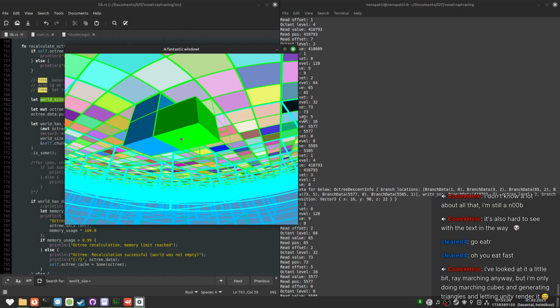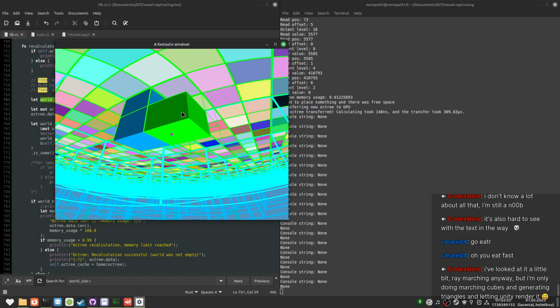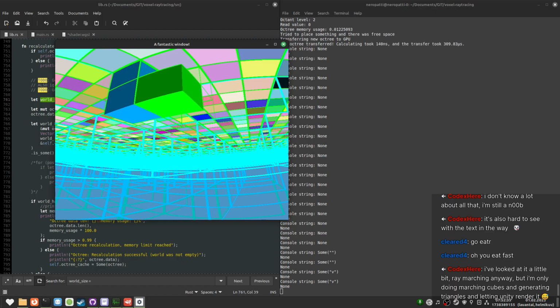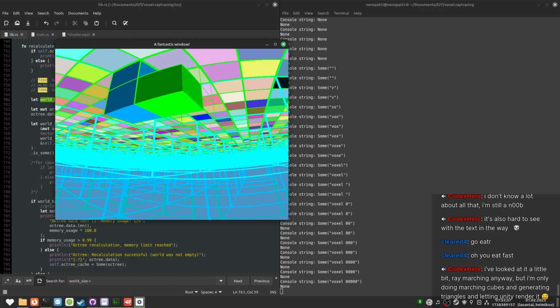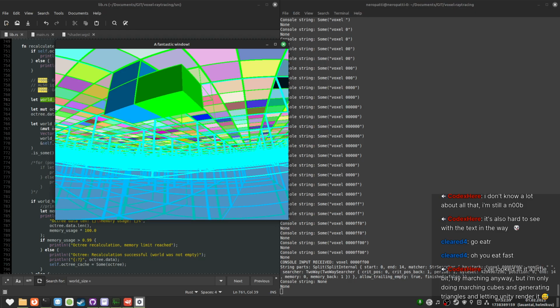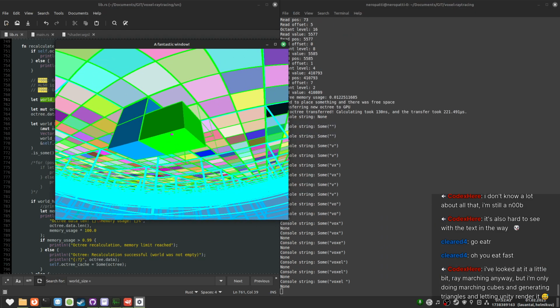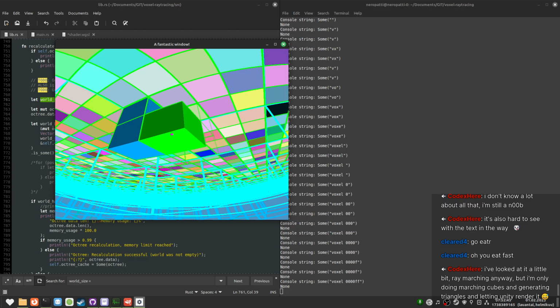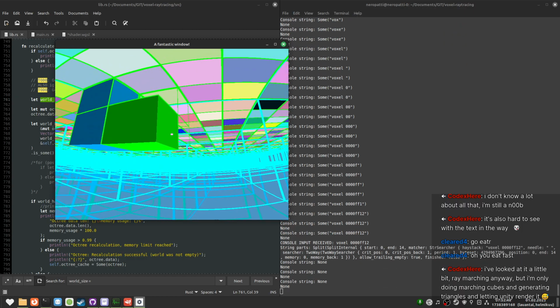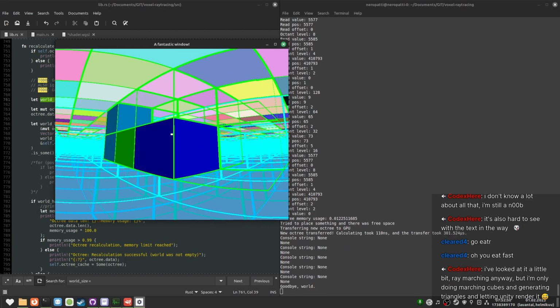I'm getting so much debug, I can't even see anything. This should be just air. Yeah, so that does nothing. Good. 12, so this should be very, very translucent. Okay, I broke transparency.